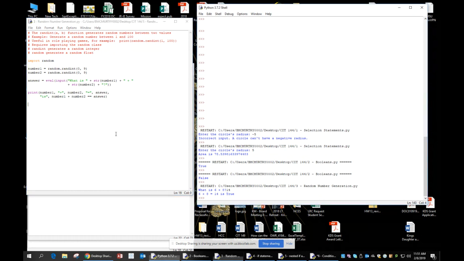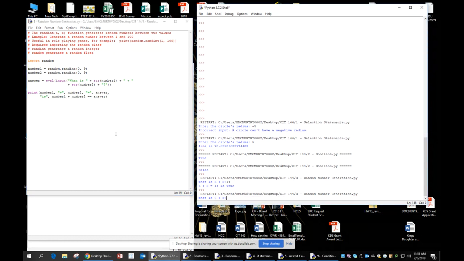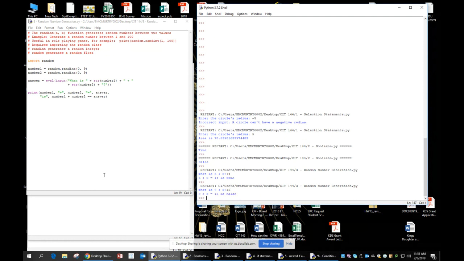Let's run it again, and let's give an incorrect number. So what's 9 plus 8? Well, we know that's 17, but I'm going to be weird and give us an incorrect answer, call it 16, and let's see how it evaluates that Boolean. And that is, again, correct, because we know that 9 plus 8 is 17, so therefore 9 plus 8 equals